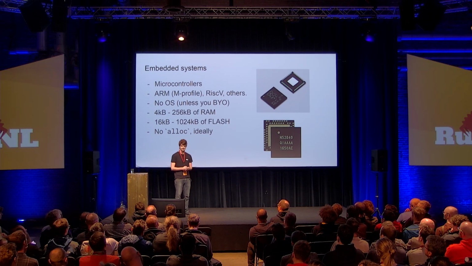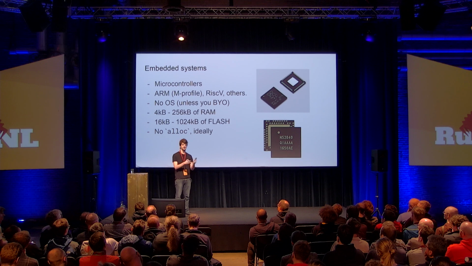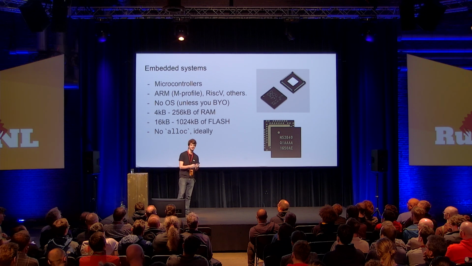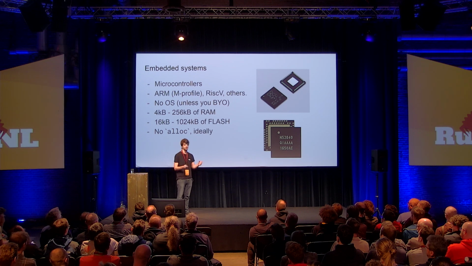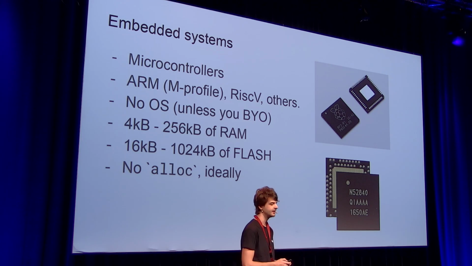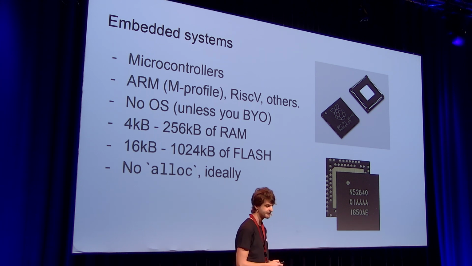But since you have small RAM, it makes RAM usage very unpredictable. You don't want to receive a big string over the network and then run out of RAM in a random place in your code, where it's impossible to handle the error. So basically all you can do is crash and reboot. To avoid this, you typically avoid using alloc. You use fixed size buffers. If you know you need to handle 3 connections, then you create 3 connection slots, etc.